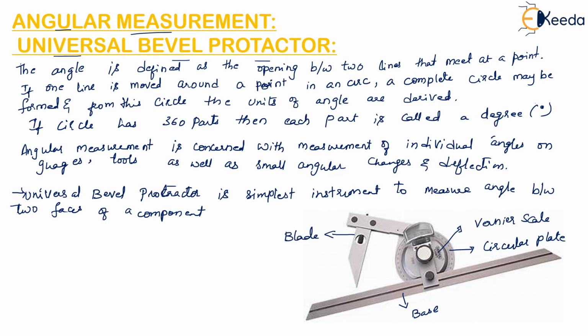So this adjustable blade shown here is capable of sliding freely along the groove provided on it. So there is a groove provided on this circular plate, and it is able to slide freely, and it can be clamped at any convenient length. So this adjustable blade along with the circular plate consists of the vernier scale which can rotate freely about the center. So this vernier scale can rotate freely about the center along this main scale engraved on the body of the instrument, and it can be locked using a clamping knob.